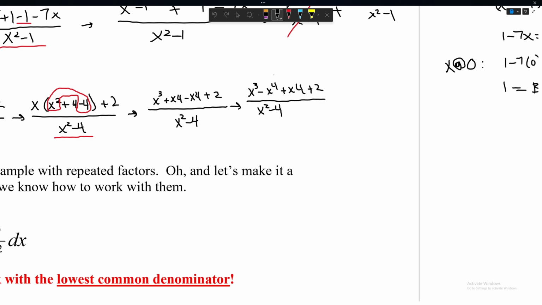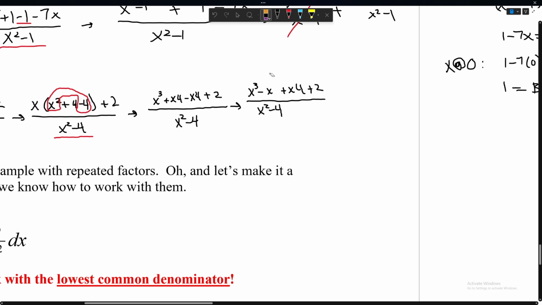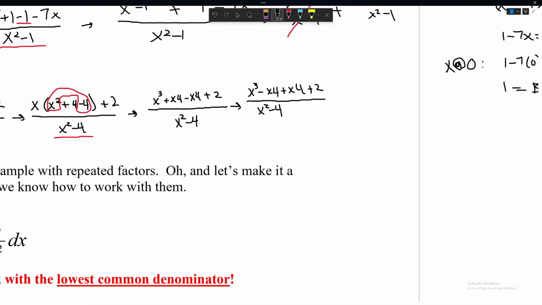Right? So now I have this section. Oops, this is not 4 like that. It's 4. Alright, now you see this section looks somewhat like this section, except if I plot an x, I'll kind of resolve my problem, right? And so what I'm going to do, first I'm going to split it using this plus in the middle. So now I have x^3 minus x^4 all over x squared minus 4, and then plus